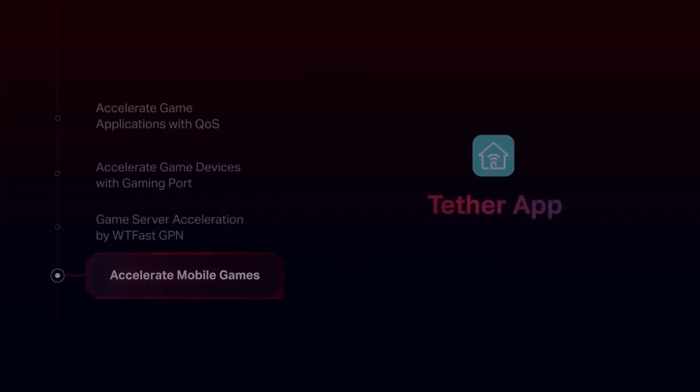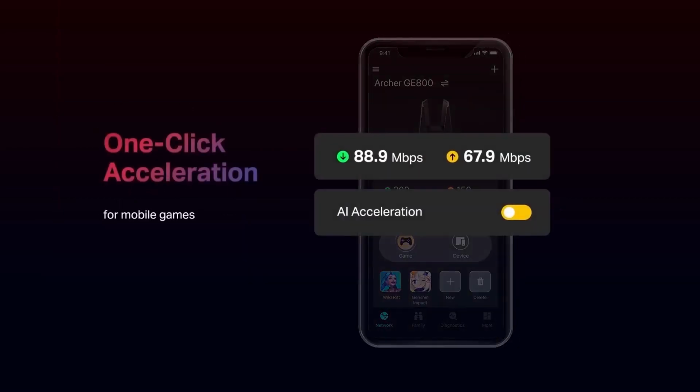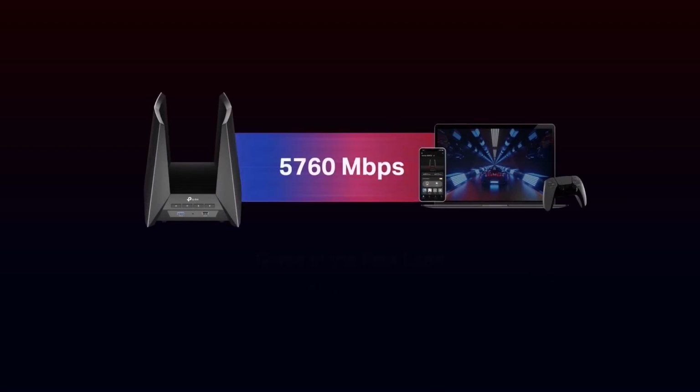Besides all of that, for mobile games, we've added exclusive mobile game acceleration to the Tether app to achieve one-click acceleration for mobile gaming. Game acceleration doesn't stop there. A dedicated gaming band is also ready for your game rigs. The dedicated gaming band makes your online games run in the fast lane without having to compete with your family's